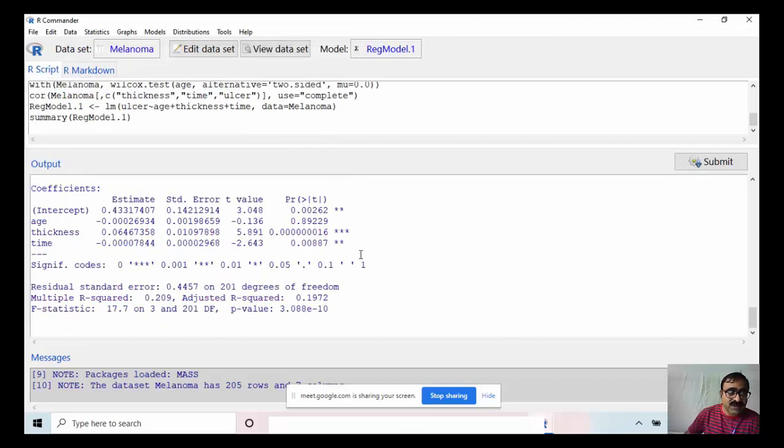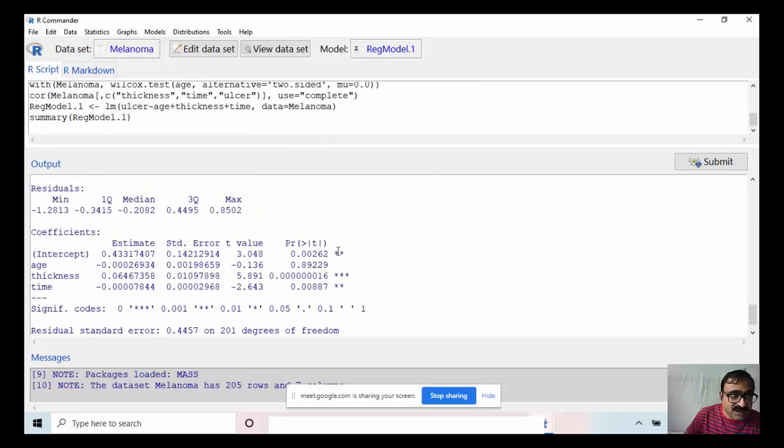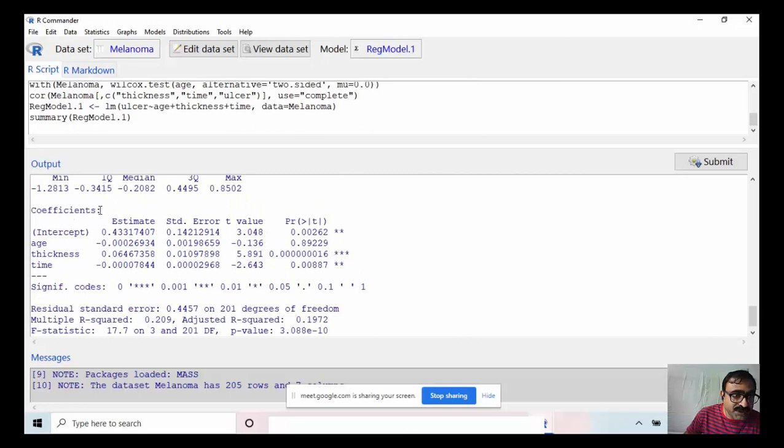So see here, this is the result. Coefficients: this is intercept, age, thickness, time. So I have chosen three independent variables or explanatory variables and one dependent variable. Suppose y is our dependent variable, the ulcer status, and the independent variables x are age, thickness, time.